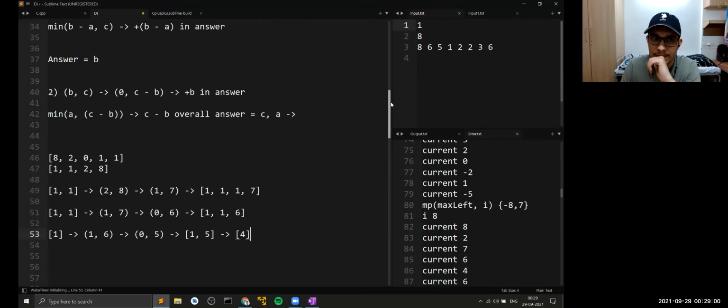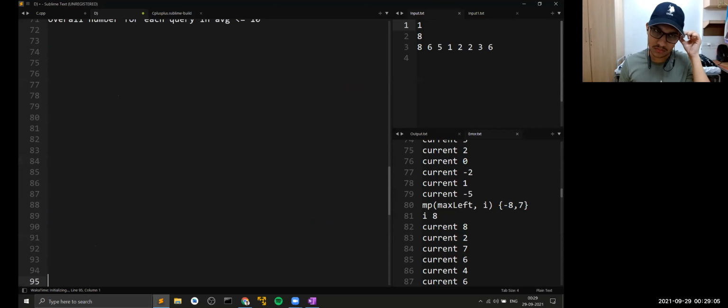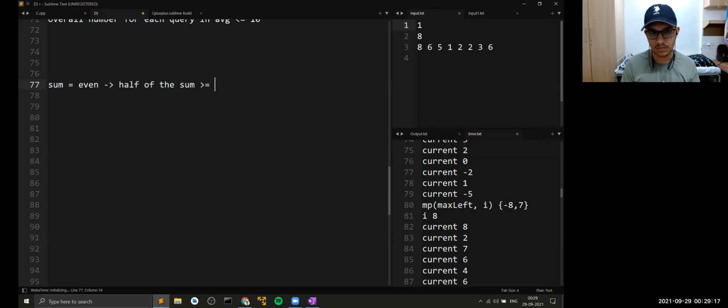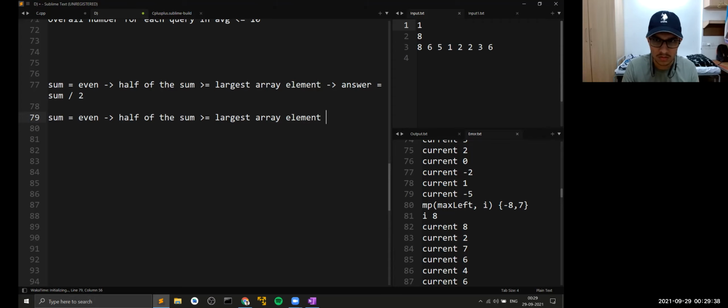So, if we check the total sum of the array, and if the sum is even, and half of the sum is greater than or equal to the largest element in the array, then all the elements would be used. Every element will be left with 0. And if the sum is odd and half the sum is still greater than the largest element, then all the elements would be used, and just 1 and 0 would be left in the end, because odd collects whatever the sum is remaining.